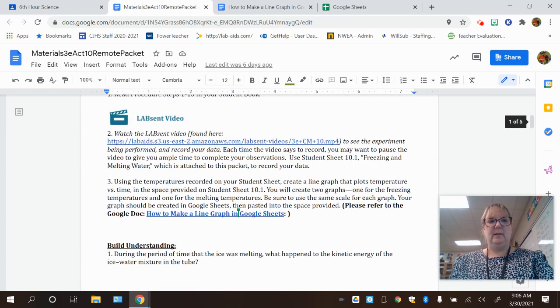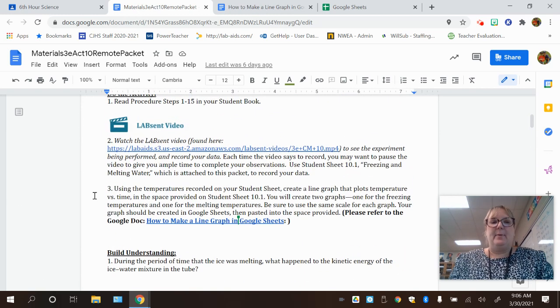section of this lab. So for step 3, it tells us that we're going to use the temperatures that we recorded on our student sheet to create a line graph that plots temperature versus time in the space provided on student sheet 10.1. You'll be creating 2 graphs, both of which are line graphs, one for the freezing temperatures and one for the melting temperatures. You need to be sure to use the same scale for each graph,